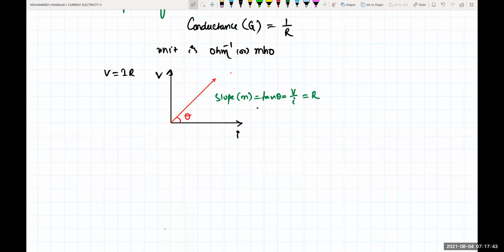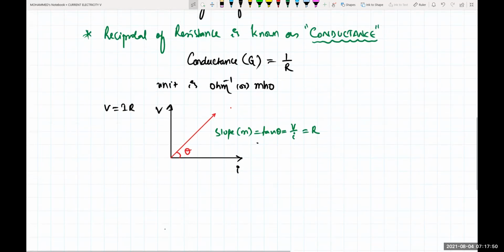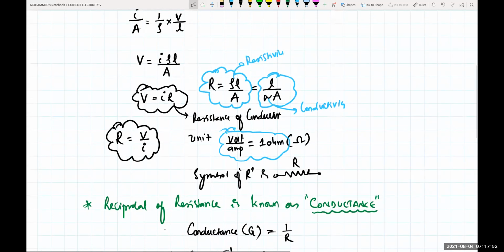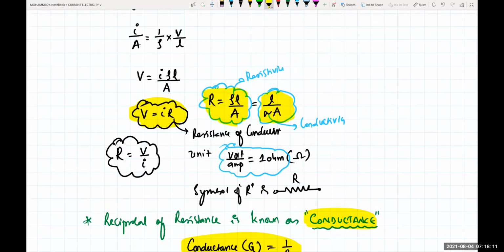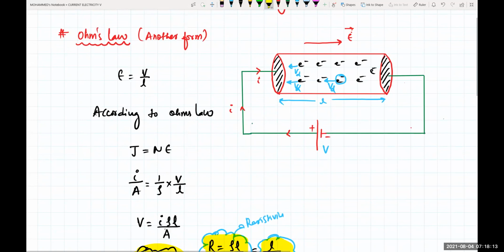And the resistor is derived by making several assumptions, so it cannot be applied for semiconductors, insulators, solutions, etc. These are the basic formulas or basic phenomena which you need to remember for doing the numericals. V is equal to I into R, and resistance is given by the formula R is equal to rho L divided by A, or L by sigma A. And the reciprocal of resistance is known as conductance. So conductance is equal to 1 by R. That is also one of the important relations you need to remember. Is it clear for everyone?